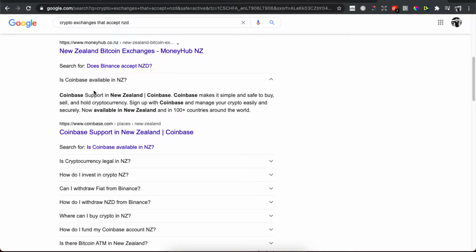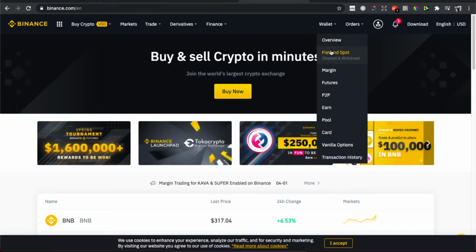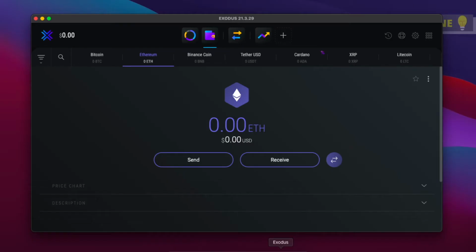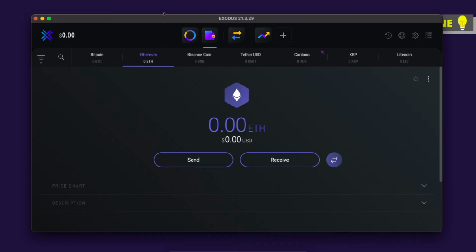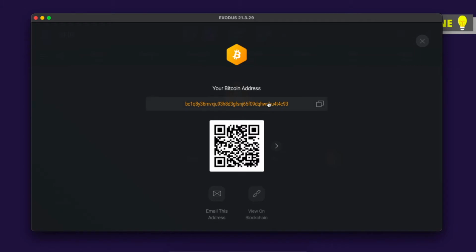So first, you need to find an exchange that supports your currency, and then you need to transfer cryptocurrency there, and then exchange it to money. So let's say I have a Bitcoin that I want to transfer to Exodus. You need to go to wallet, fiat and spot, and then go to your wallet on, for example, Coinbase, Exodus, or whatsoever, and then select the cryptocurrency that you want to transport. For example, Bitcoin, and then you need to press receive, and you will get a code here